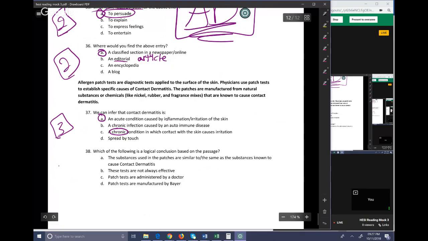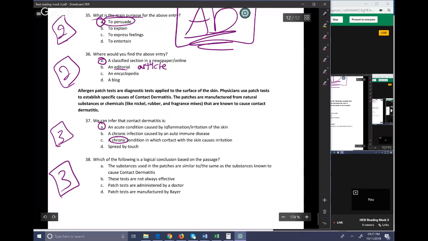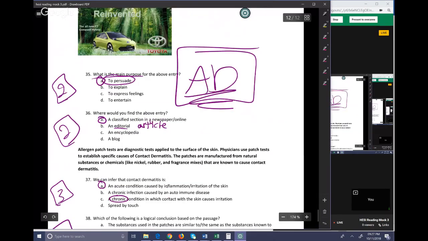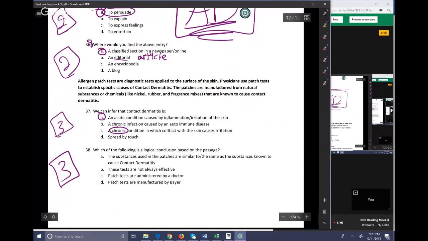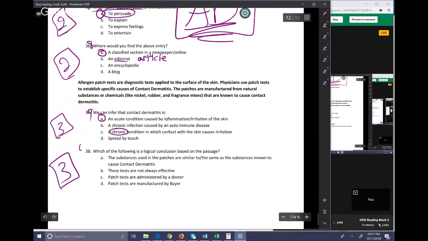And the last question, these numbers will also be different. By the time you see this, that should say 37, that should say 38, that should say 39, and that would make this 40. As long as it catches my save, hopefully, since it didn't the last time. What is a logical conclusion based on the passage comes from 3.